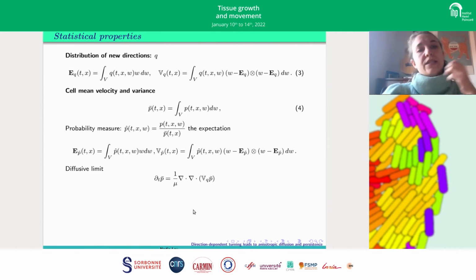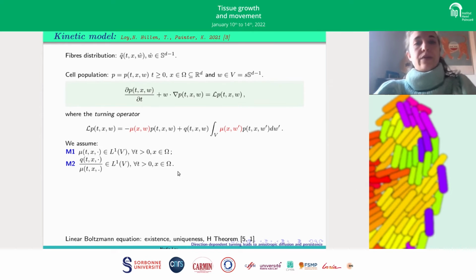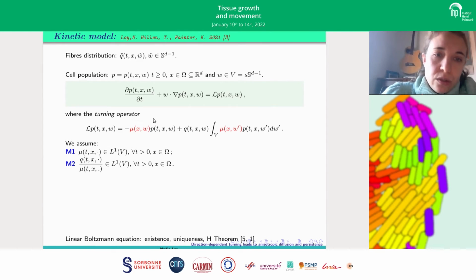We also have that if we perform a diffusive limit of this kinetic equation, then we have this fully anisotropic macroscopic model that was applied, for example, by Hillen and Painter for describing the diffusion of glioblastoma by relating this variance-covariance matrix to the DTI tensor of the brain. So now our idea was to start from this kinetic model and to include in the turning frequency a dependence